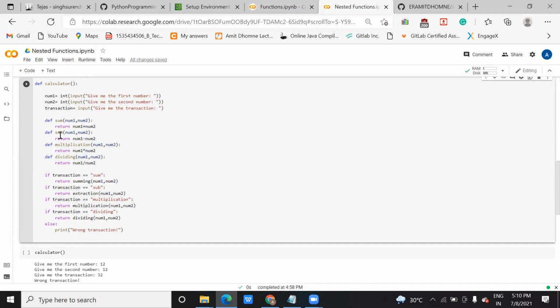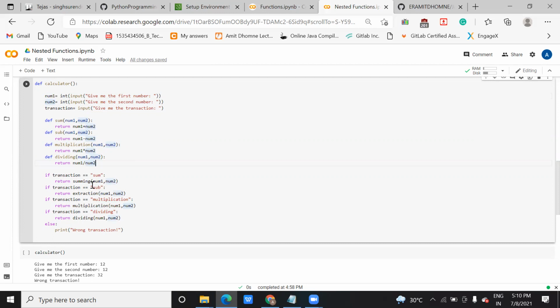Then it will do subtraction, multiplication, division. But in that case, it will check for the transaction also. First thing is accepting the input, and second thing is the transaction. So the compiler will read this, but it won't perform any operation here. As I said, it will wait for the function to be called.